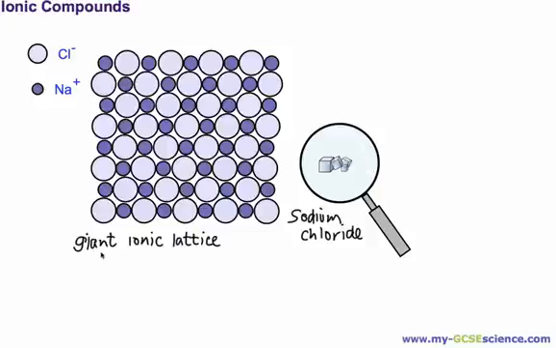Okay, so it's a giant ionic lattice, and this particular one is made of sodium ions and chloride ions, which I've shown in the key on the side over here. And the ions are held together by what we call strong electrostatic forces, and these forces act in all directions from each ion. So if you took any one ion, it would be attracting its neighbor in all directions, and these, as we said, are strong